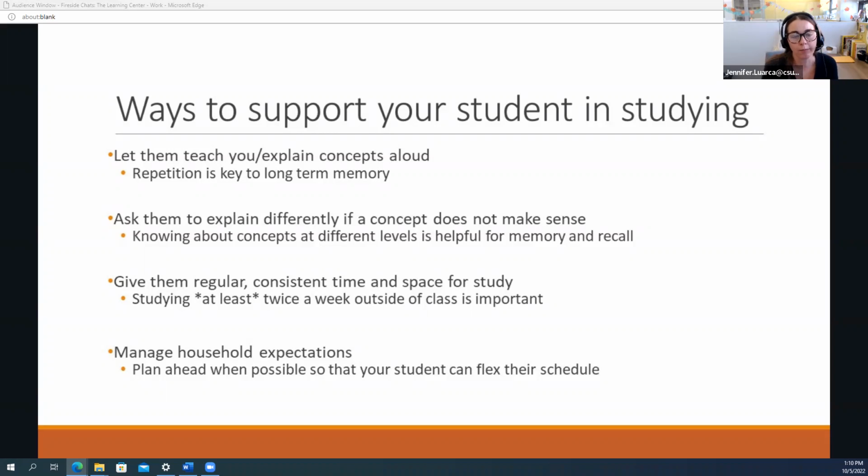And then also managing with your person the household expectations. So asking them how they can contribute if that's needed at home, the ways that you can support them, and staying curious and open to suggestions that they might have in terms of how they can be best supported. For example, you may have a routine set, but knowing when high stress times are could be really helpful. And we'll look at those in just a few minutes. I'll have the kind of really heavy exam periods on the slide for you to see.